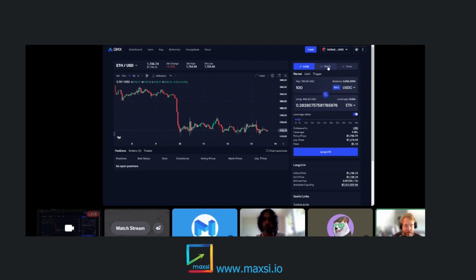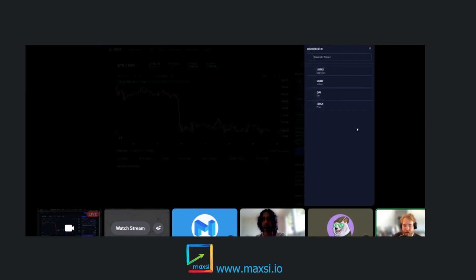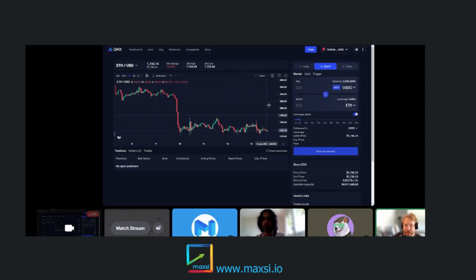On the short side, though, and this is unique to GMX, you can choose which collateral you'd like to use, which asset you'd like to use as collateral. So you can see, I can click this drop down, and I can choose between the 4 different stable coins that comprise the liquidity pool here. So if I'm taking a short position, let's say short on Ethereum here, and I did $100, I'm using USDC here from my wallet. And then you can see here down below, short Ethereum is going to cost me